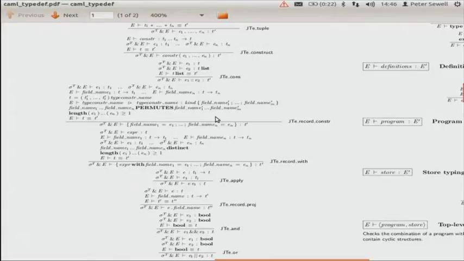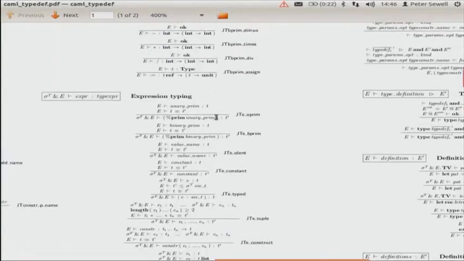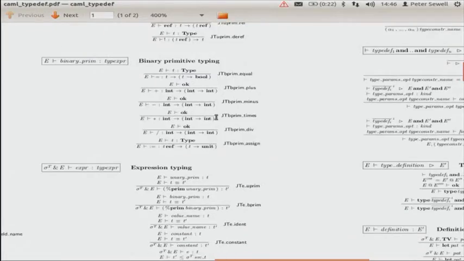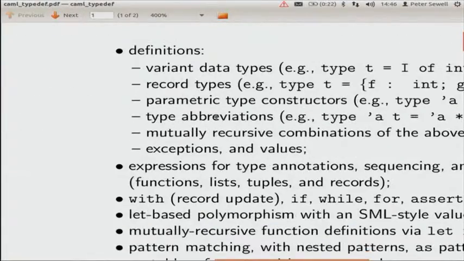I was just going to ask, this looks huge. Is that because it also includes some details of like the delta functions, the details of arithmetic and things like that? No, on the whole not. What it is, is the operational semantics and the type system. And the whole type system, okay. Yeah.